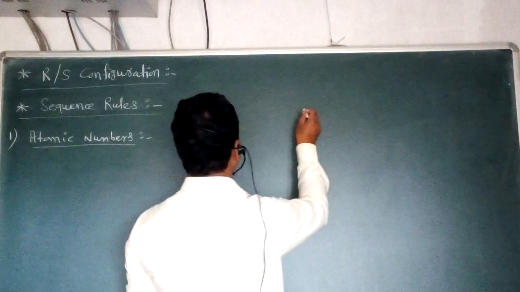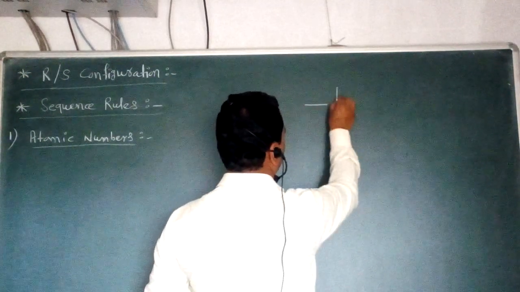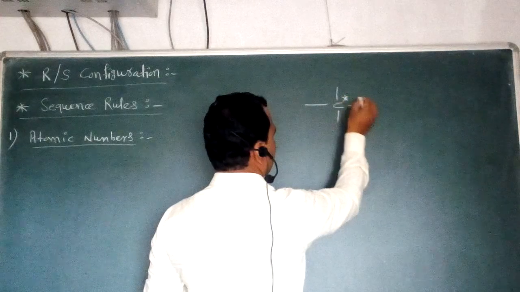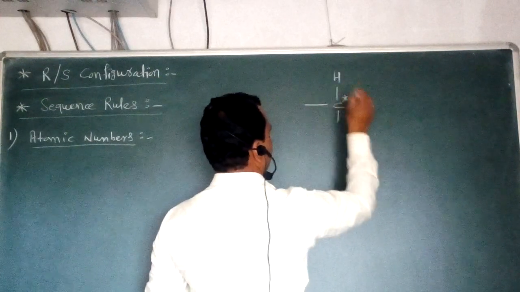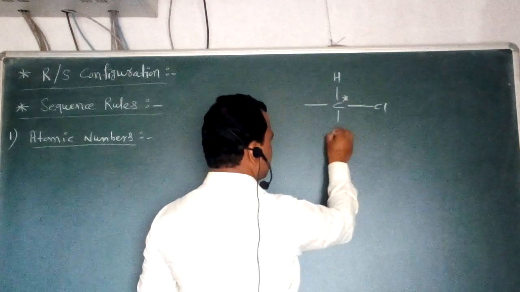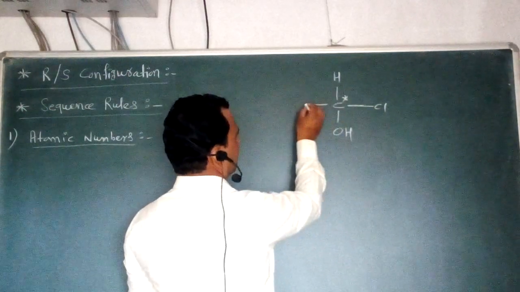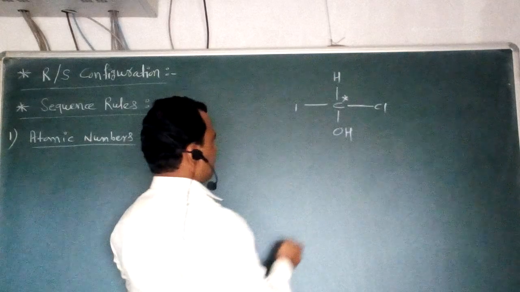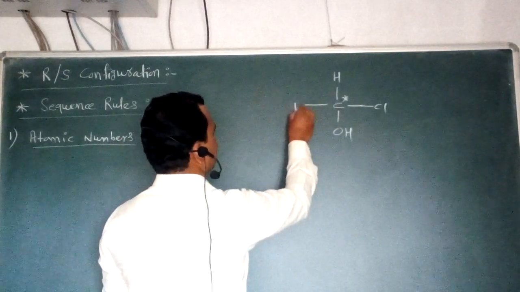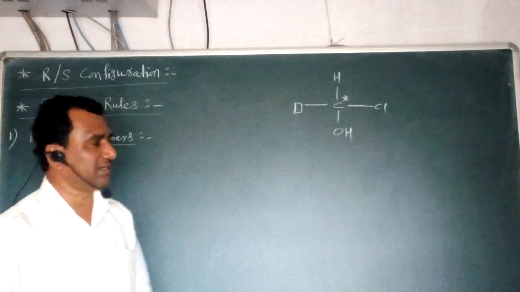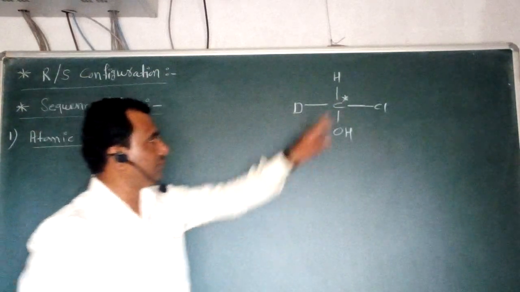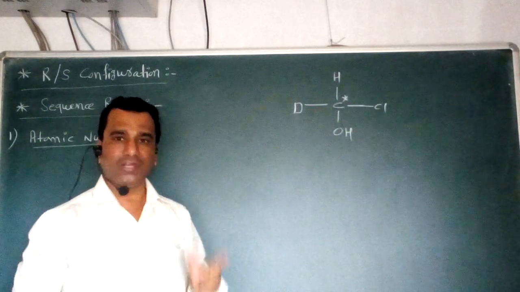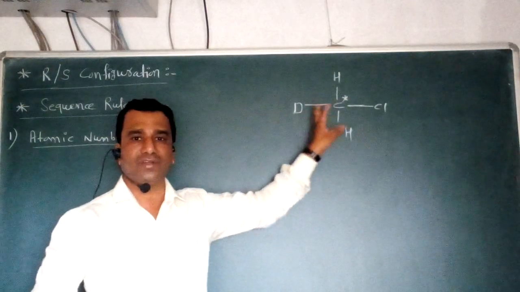Suppose we consider a simple chiral center, a carbon atom, to which four different atoms or groups are attached. Suppose this is oxygen, this OH, and this is deuterium. So this is one chiral center to which four different atoms or groups are attached. First is hydrogen, second is chlorine, third is OH, and fourth is deuterium. Now, if we want to assign the priorities to these four different atoms or groups,